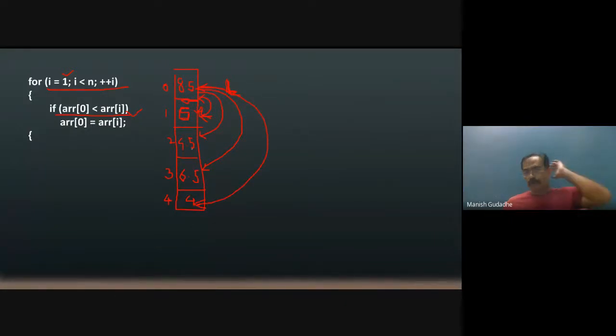So 4 is smaller. So A of 0 is now holding the largest number. So this is the way the logic of the largest number works, which all of us know. But this is the way these arrays are handled. Every individual element is compared with all the other elements. In this way, the arrays are handled. That's what I want you people to understand.